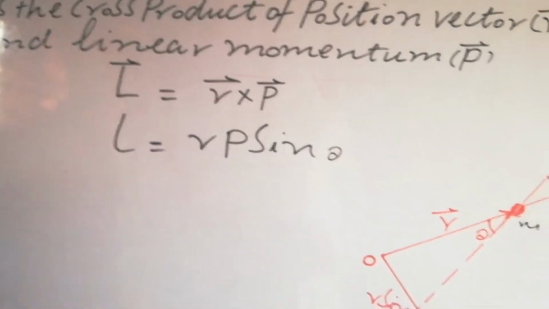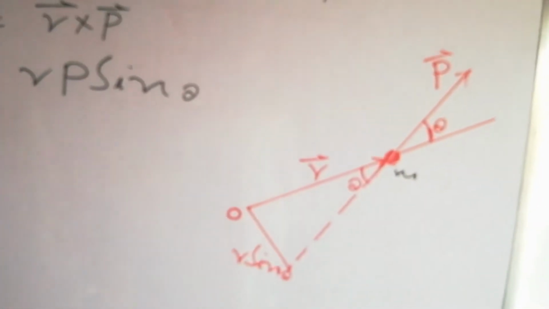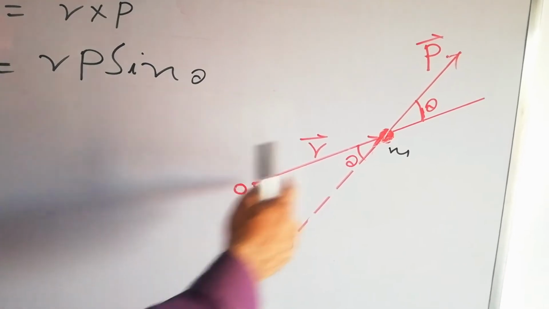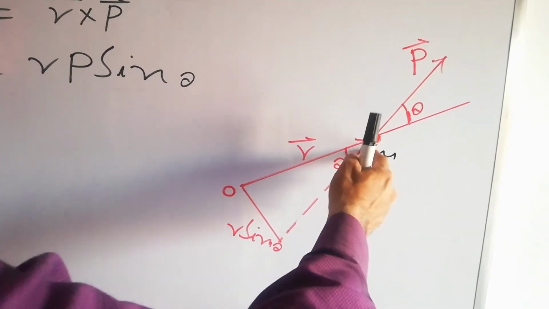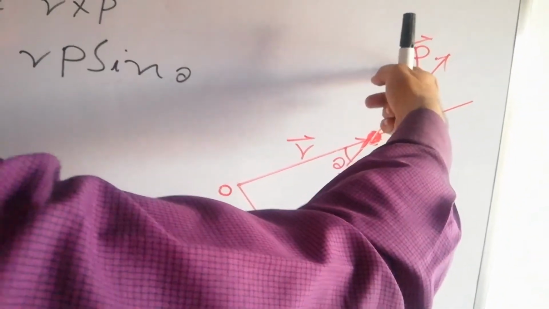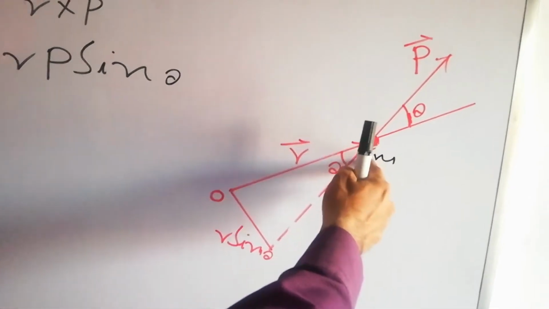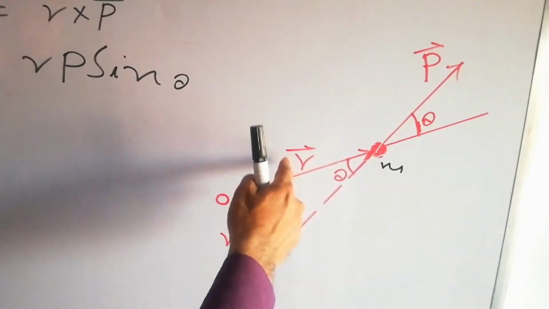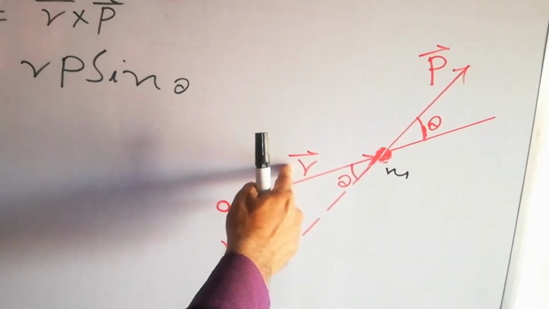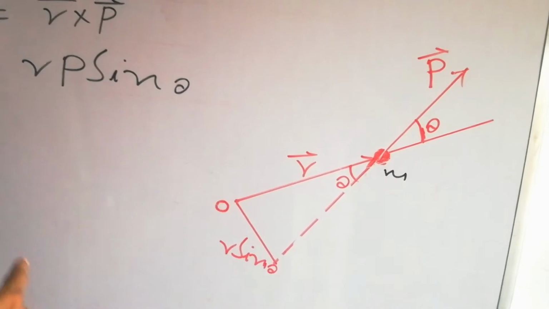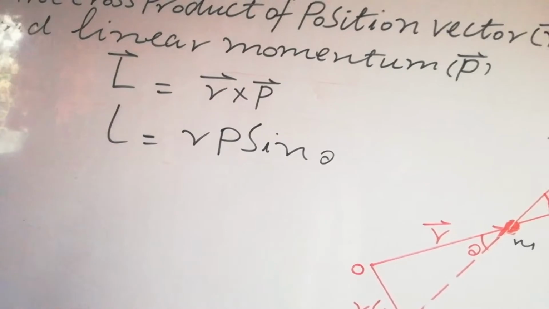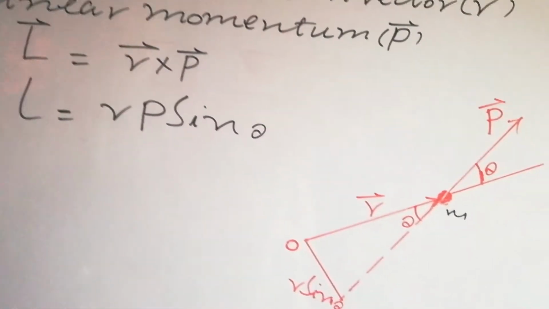Look again here. Let's suppose we have a particle of mass m and it is attached with the massless rod. O is the pivot point, and if we apply a force on the particle of mass m, it starts rotating in a circle. So we have the linear momentum p here and r is the position vector. It is a position vector because it describes the position of the linear momentum and it is denoted by r. So the magnitude of angular momentum L is equal to rp sine theta. Theta is the angle between r and p.